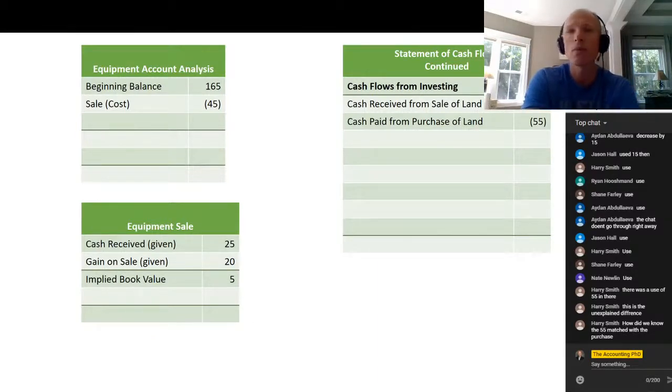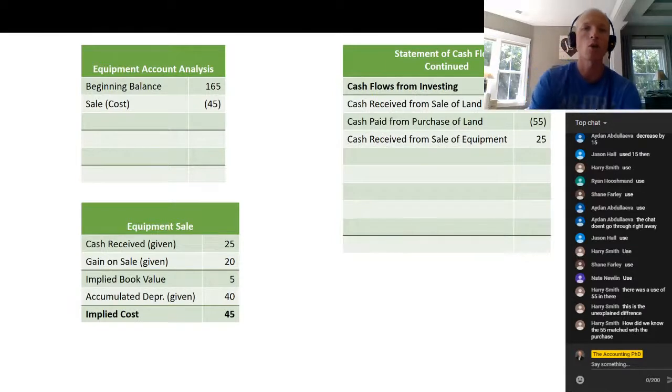We also know that equipment has accumulated depreciation. This is where that $40 of accumulated depreciation becomes important, because we are told that the equipment that was sold had accumulated depreciation of $40. And so given the implied book value, it must be the case that the equipment that we sold had an original cost of $45. And so then when we sold that piece of equipment,